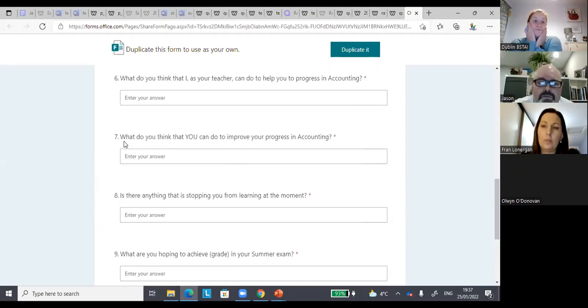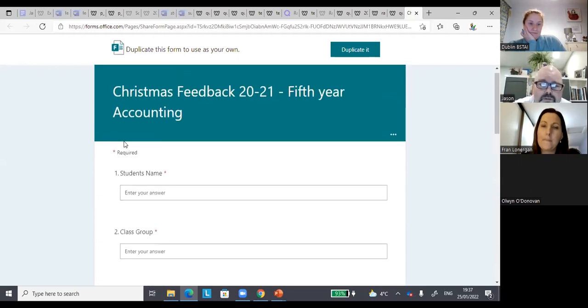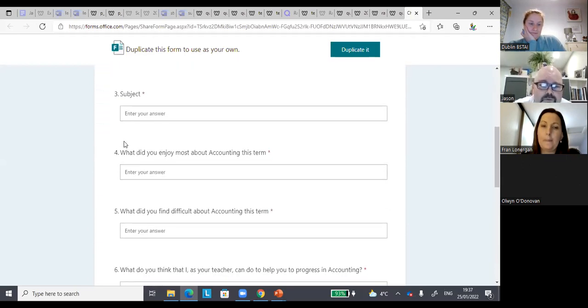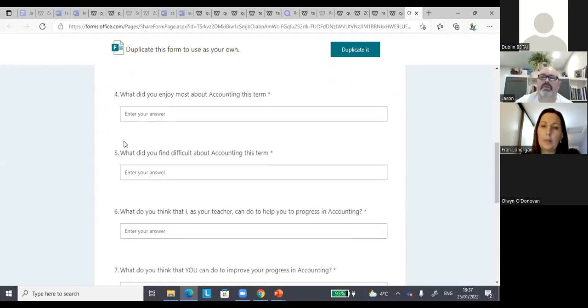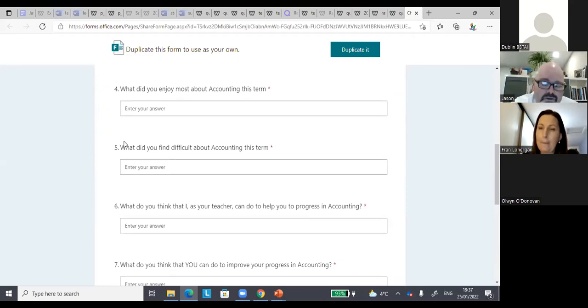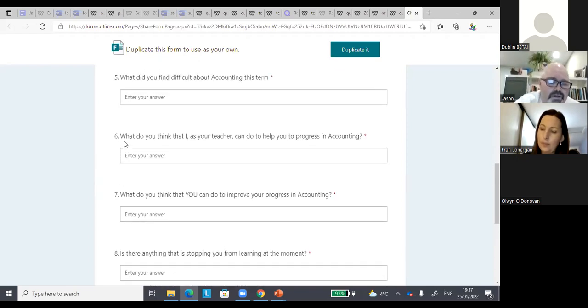This stuff that I get from them, I'll use then to write my reports. Especially at Christmas time, I'll have valuable stuff there of what they're finding well and what they're finding difficult. What I find at the moment with the masks is I don't know my students as well as I did previously. So this sort of stuff to write down in a report, even to use as part of a parent-teacher meeting, kind of makes me sound like I know their daughter or the class a little bit more. That's one for the end of term.